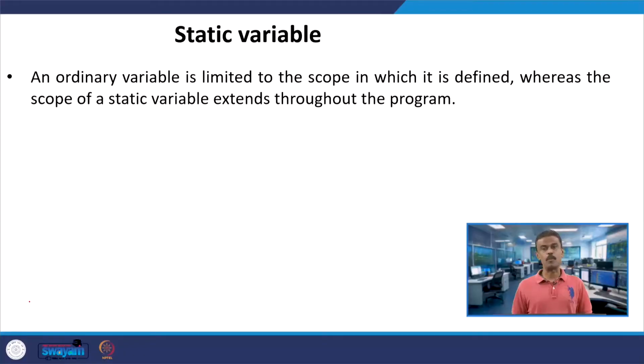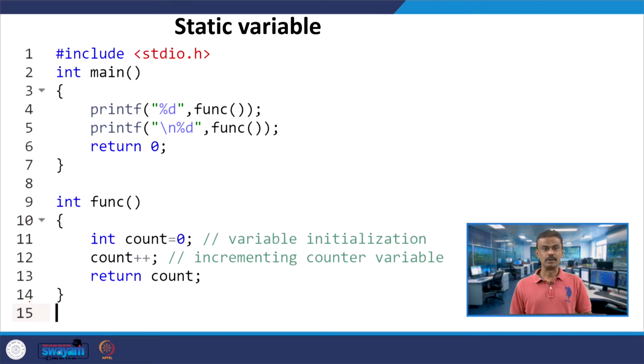When I am talking about an ordinary variable, it is limited to a certain scope, which is well defined. Whereas the scope of a static variable extends throughout the program. We will see with an example so that you can understand in a better way. So, here you go. For example,